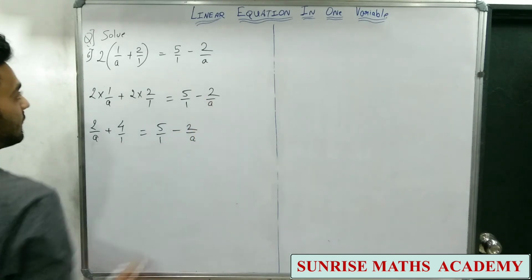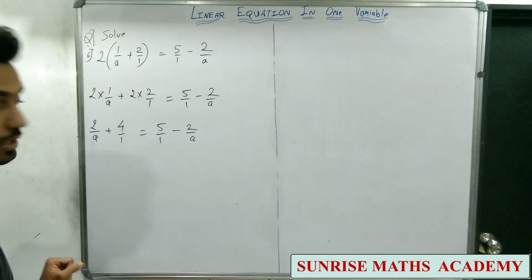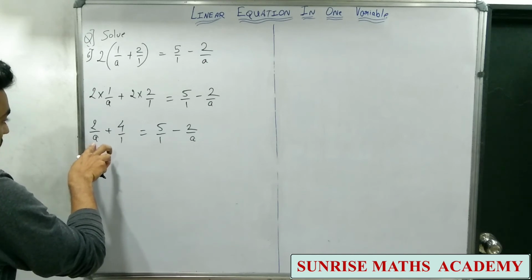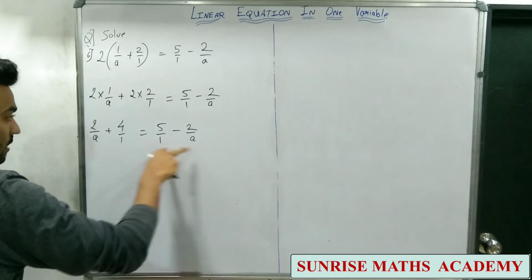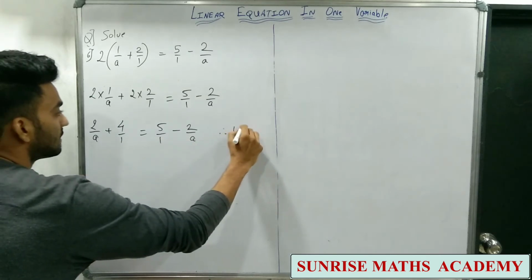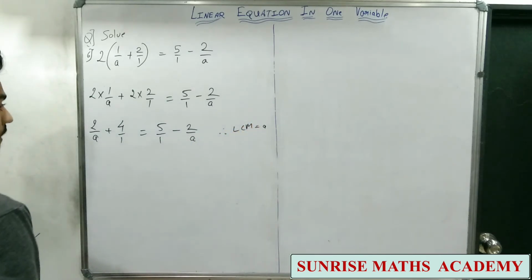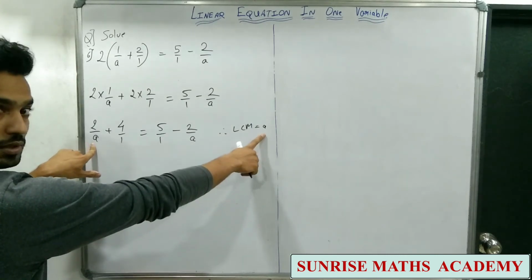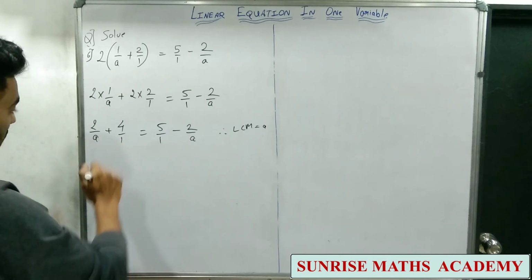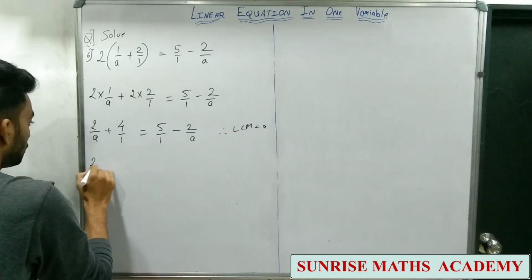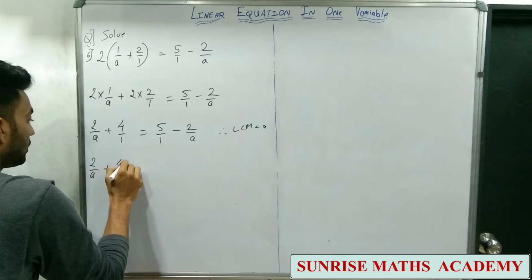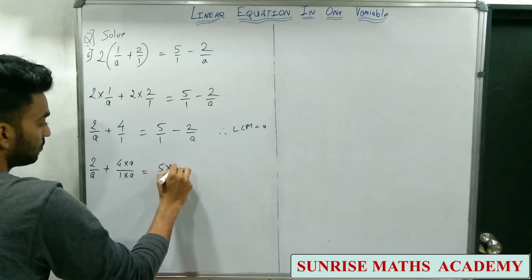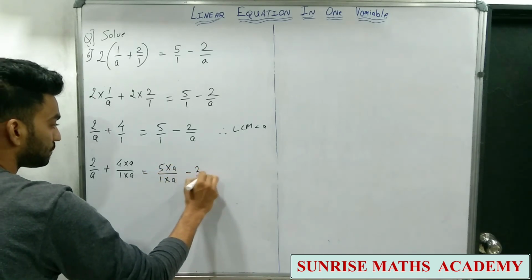Now if you see, the denominator is variable here. So LCM will be with respect to the variable. LCM is this denominator into this denominator, a into 1 a, here also a into 1 a. So therefore LCM is a. When we find the LCM, what we do is we make the denominator same. Here we have the LCM, so we don't have to multiply here, but here we have to multiply by the LCM. So 2 upon a plus 4 into a upon 1 into a to make the denominator same. Here same thing we have to do, multiply by a.